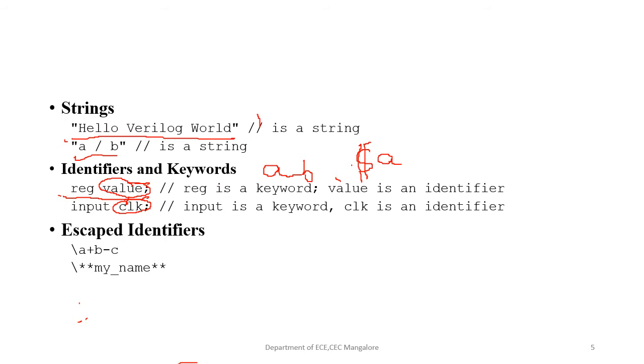So for example, here, a backslash with white space is identified as an escaped identifier. It's not actually declared, but by default it will be taken as an identifier. Like doing comments recently. So next topic